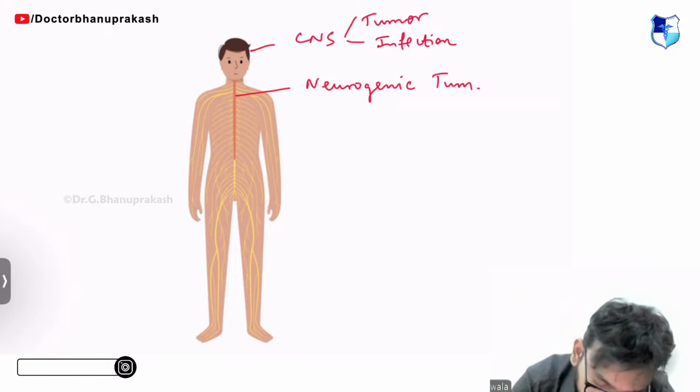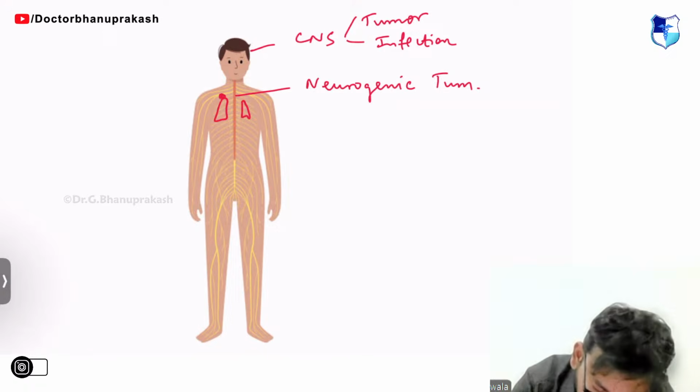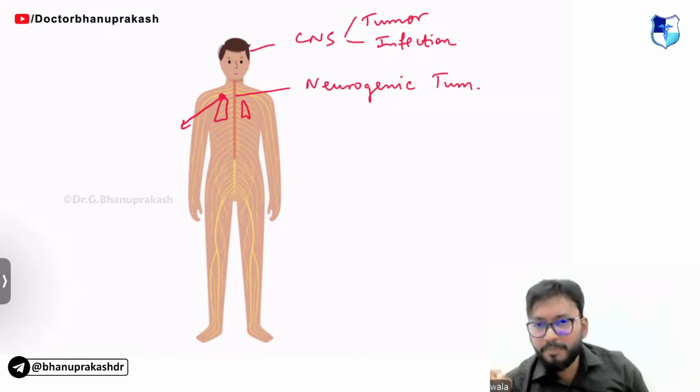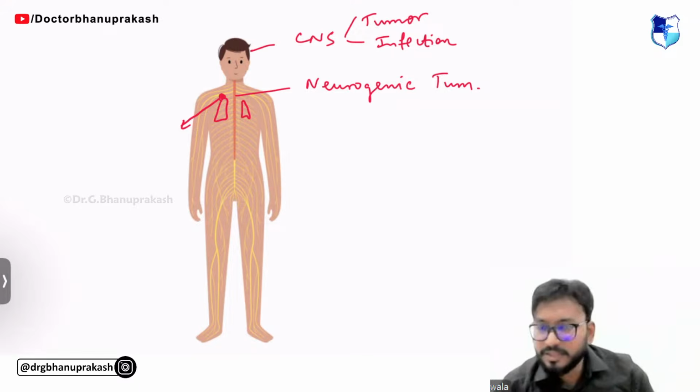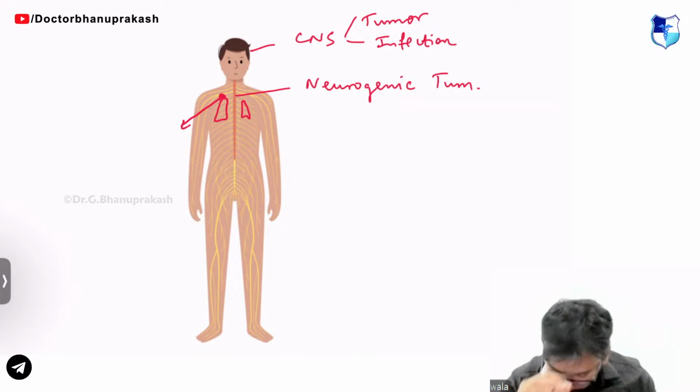Okay, in the lungs, guys, here we have our lungs. Which tumor is found in the apex of lung? I've given you a very important clue. It is found usually at the apices of the lung. What is the name of that tumor, guys?